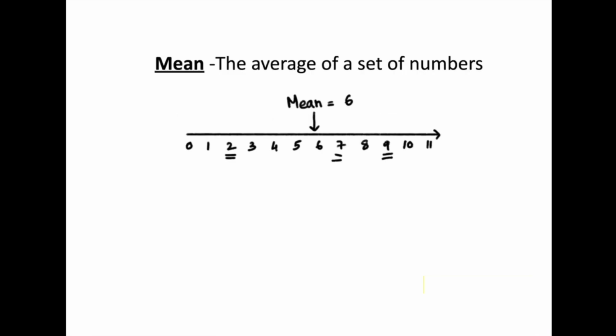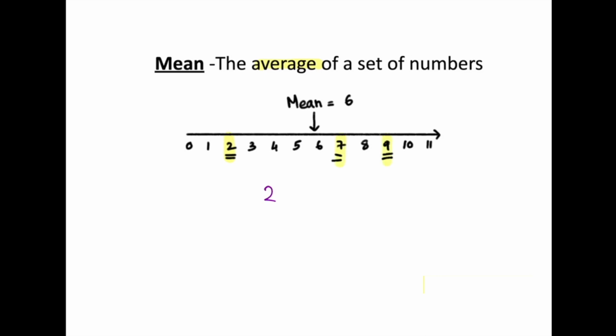In this video, we're going to talk about the measures of central tendency. Let's first talk about the mean. The mean is the average of a set of numbers. You find the mean by taking the numbers in the data set, adding them up, and dividing by how many numbers there are. So for example, if I wanted to find the mean of the numbers 2, 7, and 9,